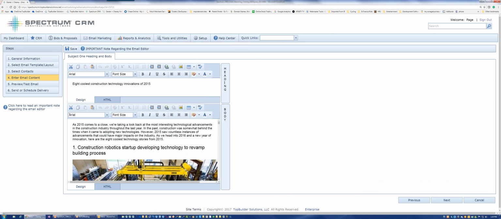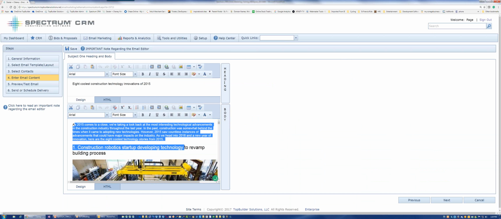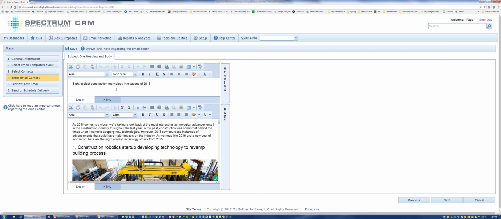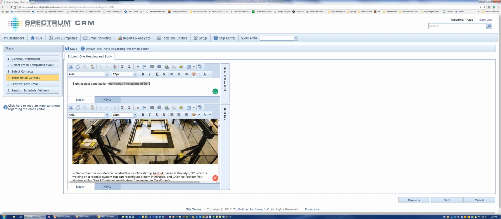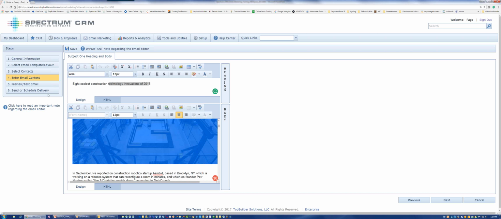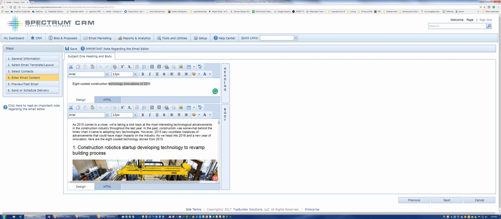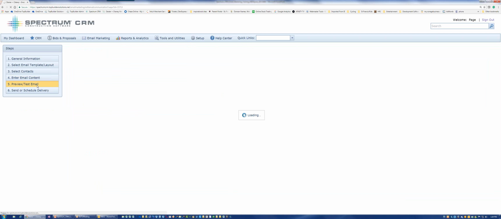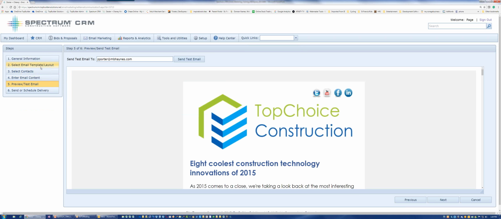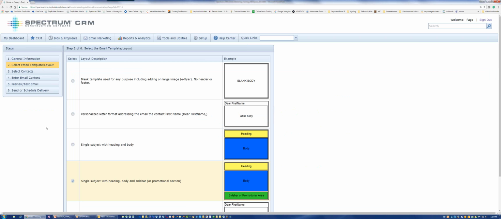I'm going to go into the content, and you'll see that this is just a bunch of text. We've got a heading, and we have a body, and then we have some images, and then it's just a bunch of plain text, and it can be cut and pasted from Word or Notepad or an email. It doesn't matter. And just pasted right in here. And then when you preview it,